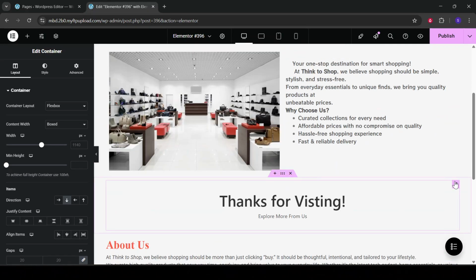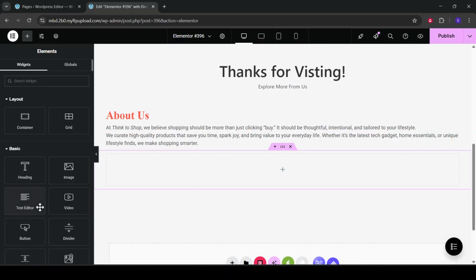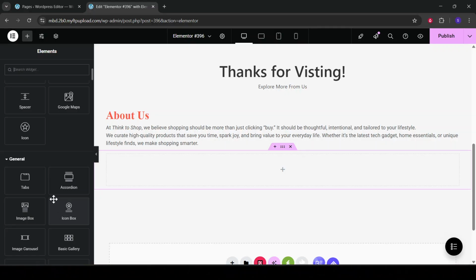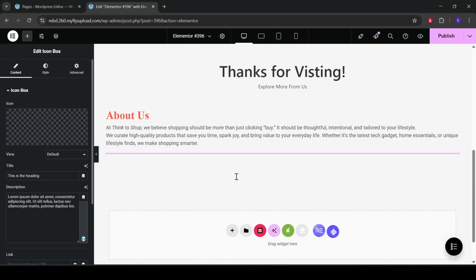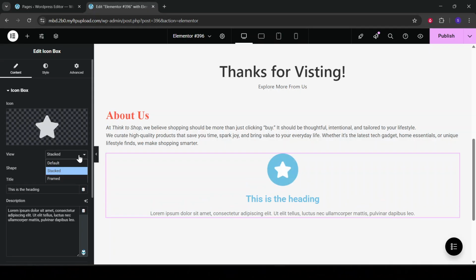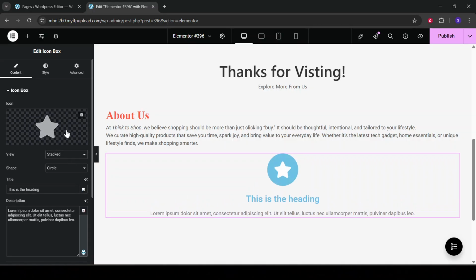Next, you'll see the Elementor widget panel on the left. From here, scroll down until you find the icon widget. This is where the magic happens. Click and drag the icon widget and drop it into your desired column or section on the page. You'll immediately notice a default icon appear, but don't worry, swapping it out for one that suits your needs is